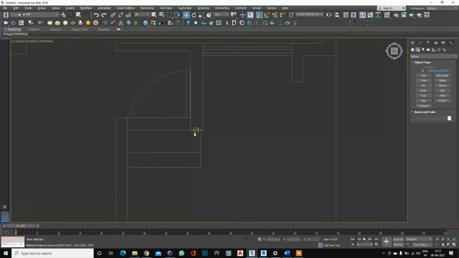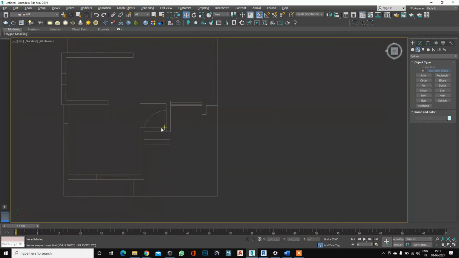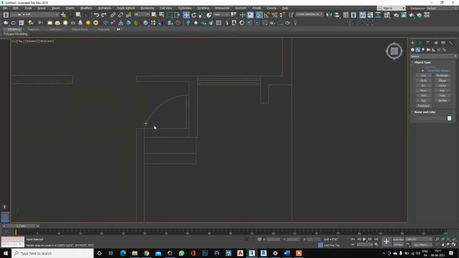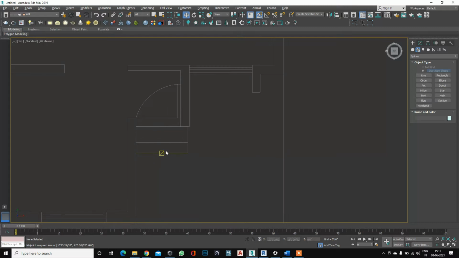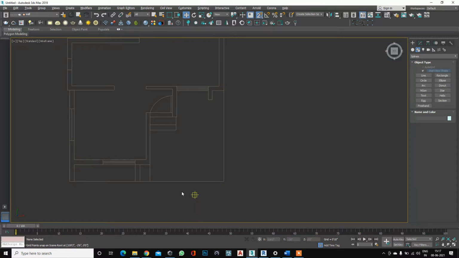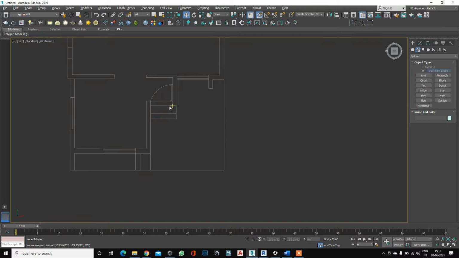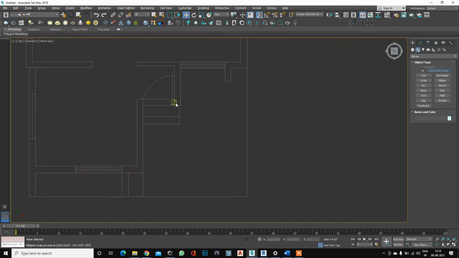From that we have to calculate the plinth level of our house. In general practice they will not give us the proper plinth level. We have to calculate it from these steps. First we calculate our parking level. Generally the parking level is 6 inch above the road, then 6 inch for the first riser, that means 1 foot, then again 6 inch, that means 18 inch, and again 6 inch. So this is our 2 feet. So 2 feet is our plinth level. Now we have to remember that our plinth level is 2 feet.